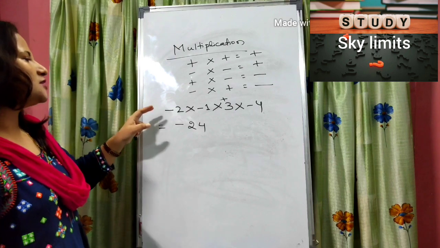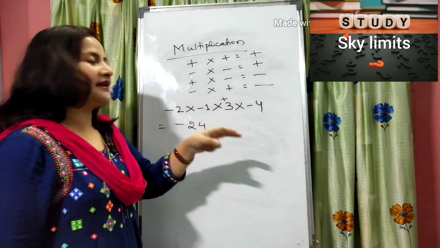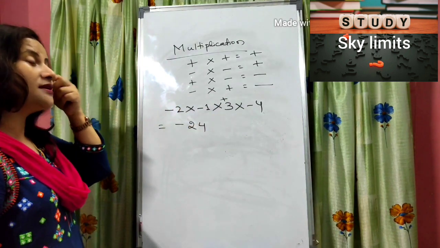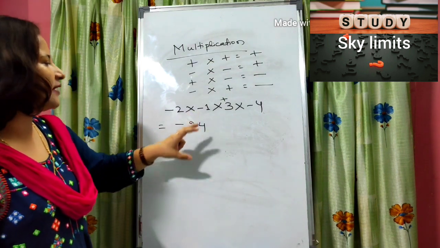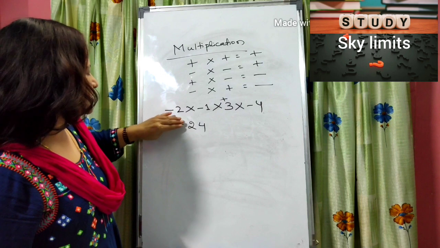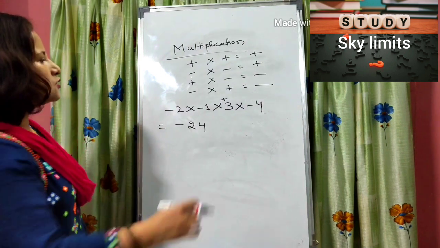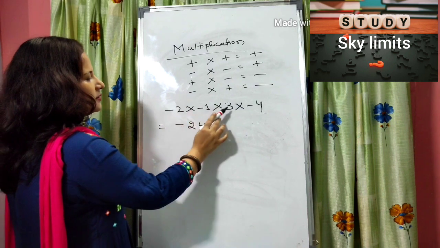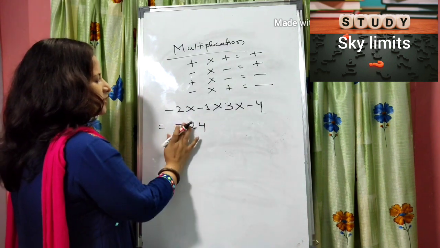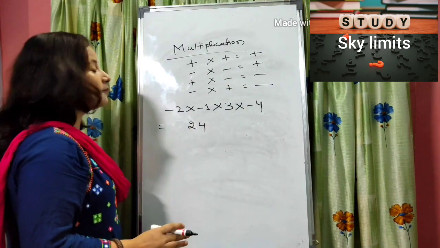So it is very difficult or sometimes very confusing to multiply like this. Students usually get confused with this. So let me tell you one shortcut method by which you can just identify what sign the product will be carrying. So simply you have to first multiply the numbers. 2 multiplied by 12. So after multiplication we got how much? 24.